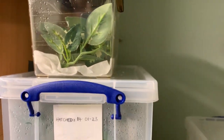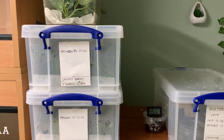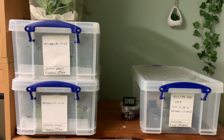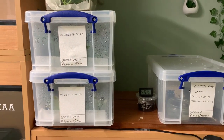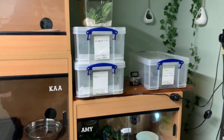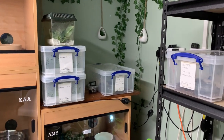I'm not going to open these up just because they are very, very jumpy, and I'm on my own right now, so I don't want to risk them getting away, and getting behind one of these vivs would be an absolute nightmare, so we're going to leave those alone, but I'm sure we'll do another video in the future with